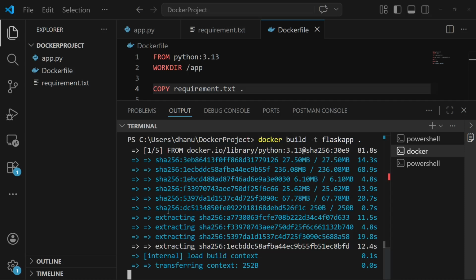So it's installing, that is, it's downloading Python 3.13.